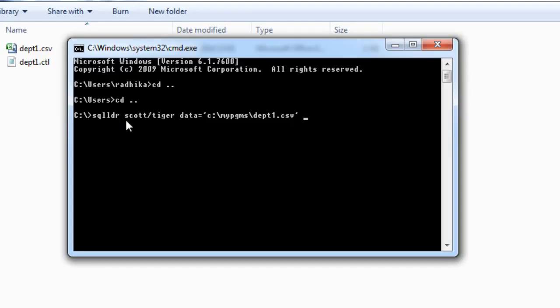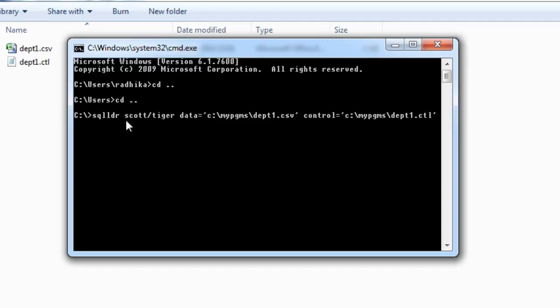Then continue, don't give enter anywhere, because once you press enter in the command prompt it will start executing. Then you say control, where the control file was, give that path also, slash my programs slash department1.ctl.